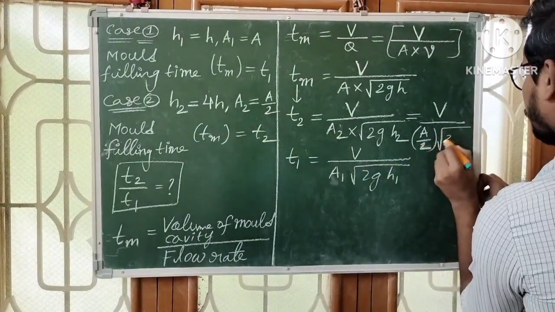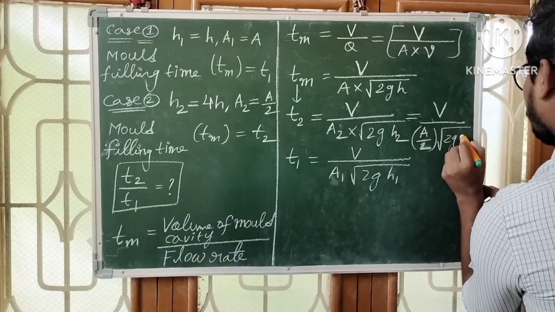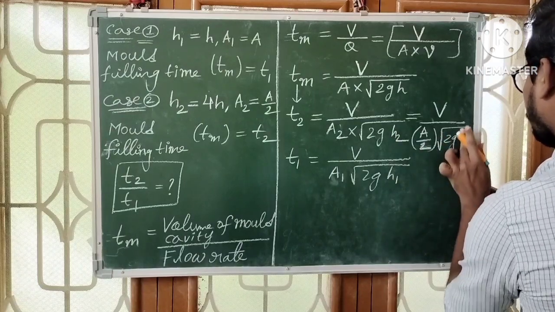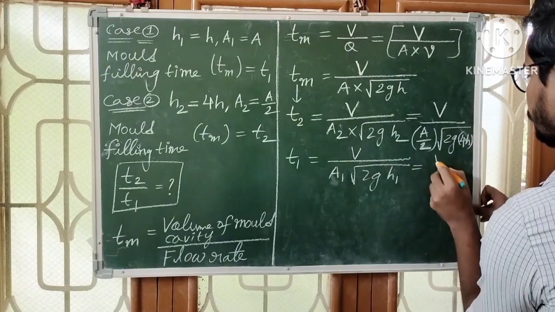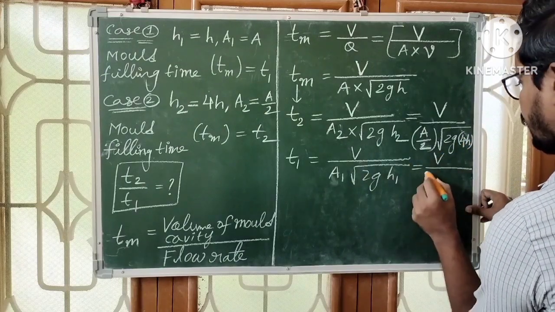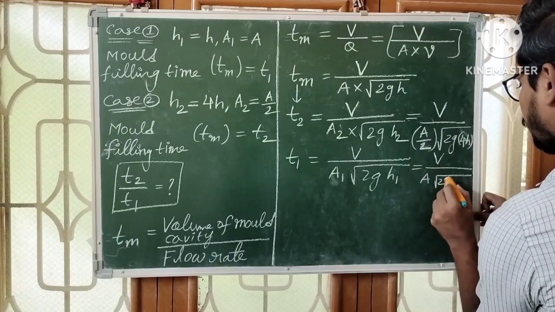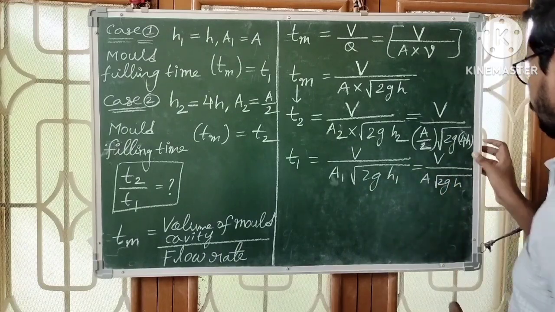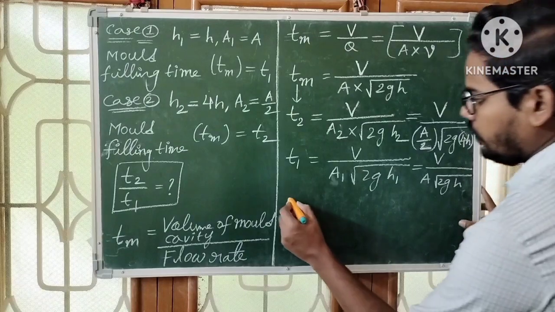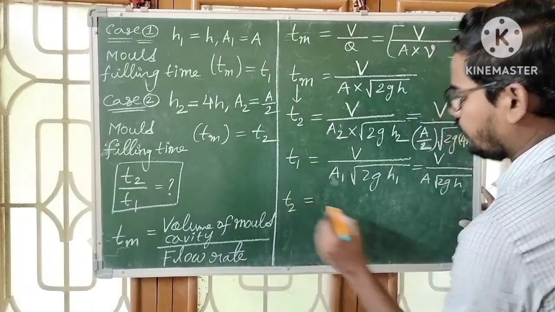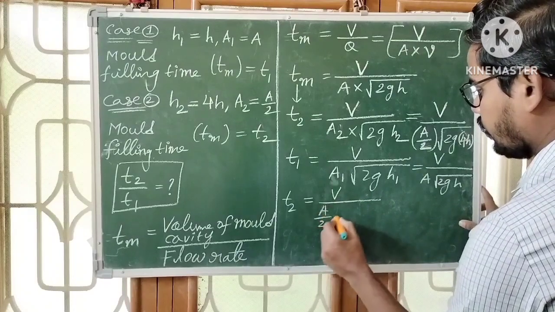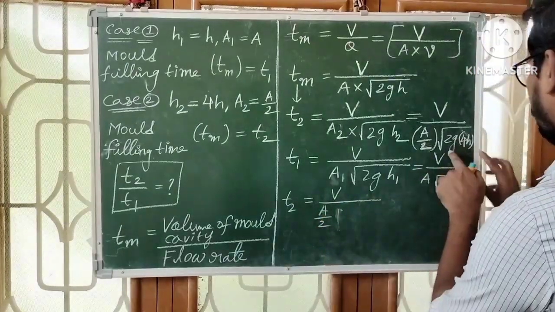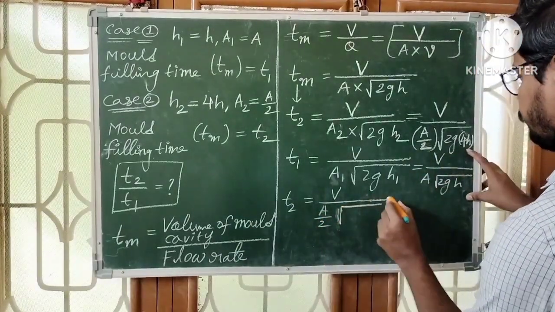Now H2 is equal to 4h. Similarly, T1 is equal to V by A1, in place of A1 write A, into root over 2gh1, where h1 equals h. Now let us simplify T2. T2 is equal to V by A by 2 into root over